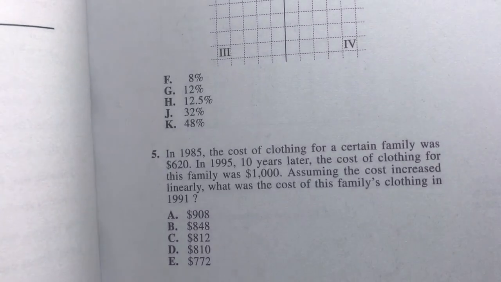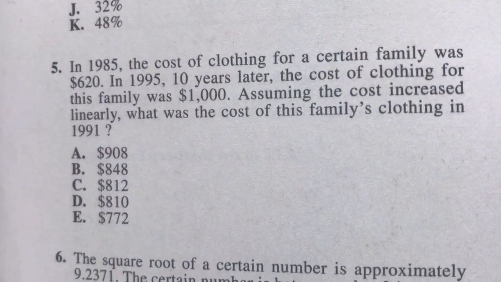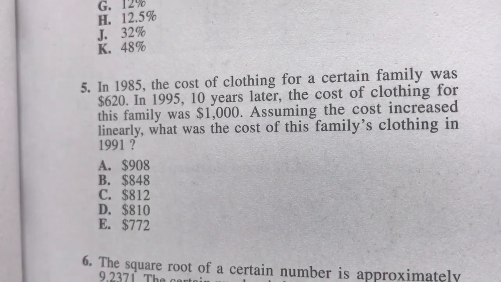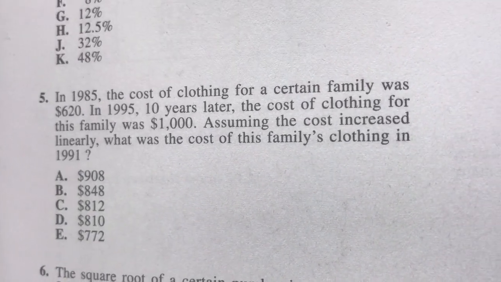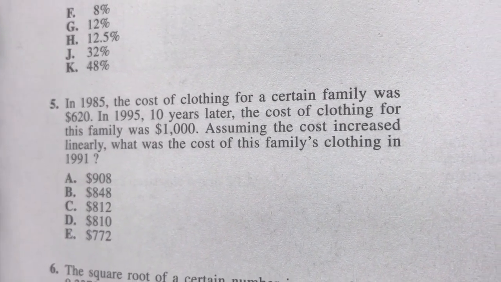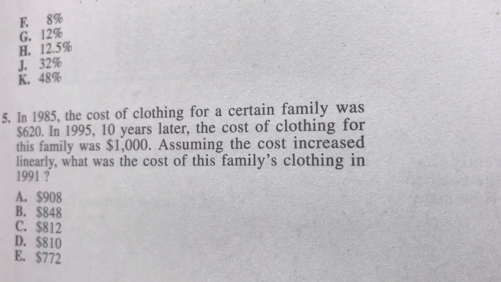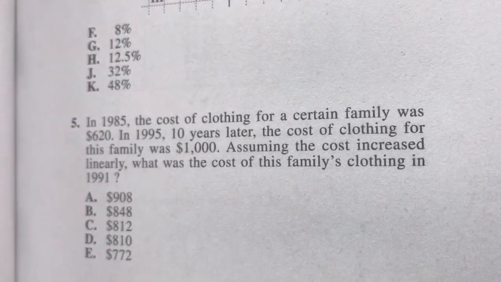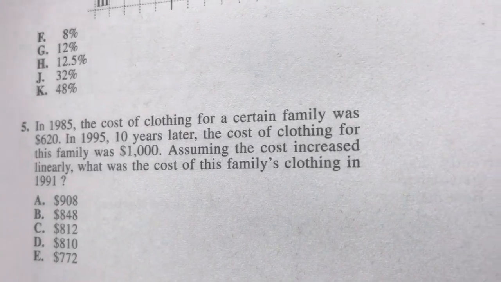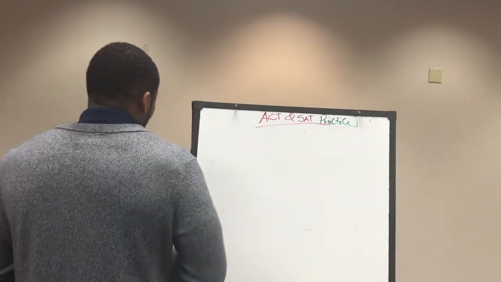So it says in 1985, the cost of clothing for a certain family was $620. In 1995, 10 years later, the cost of clothing for this family was $1,000. Assuming the cost increased linearly, what was the cost of this family's clothing in 1991? So, basically what they tell us is,